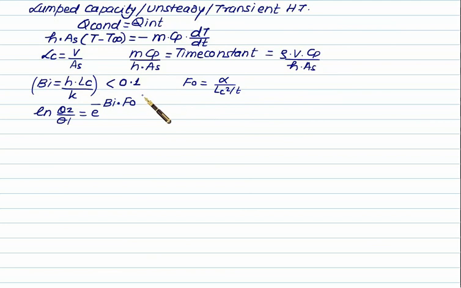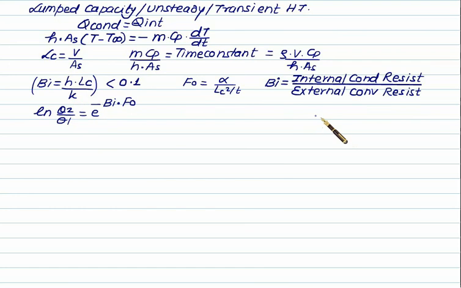It gives the ratio of resistance to conduction to resistance to convection, or is sometimes defined as the internal conduction resistance to the external convection resistance. Normally in calculation the Biot number is very small. If Biot number exceeds 1, then you have to use the Heisler chart. This time L_c will be equal to volume upon surface area, that you have to calculate for each shape.